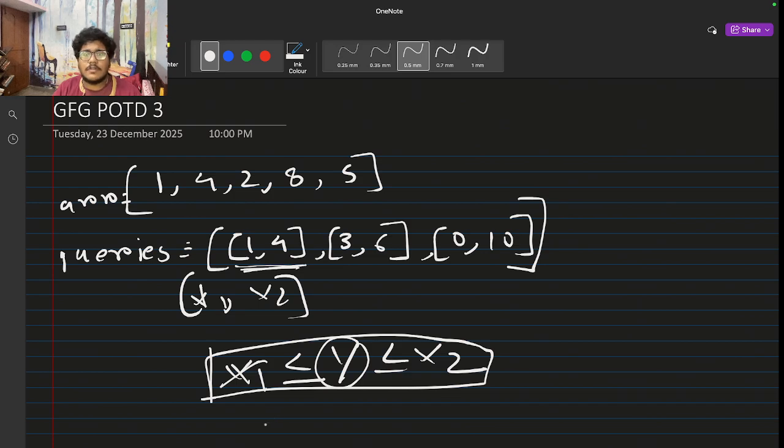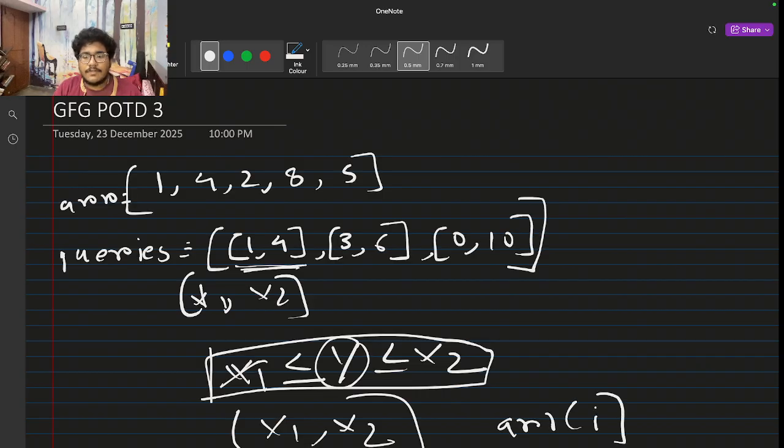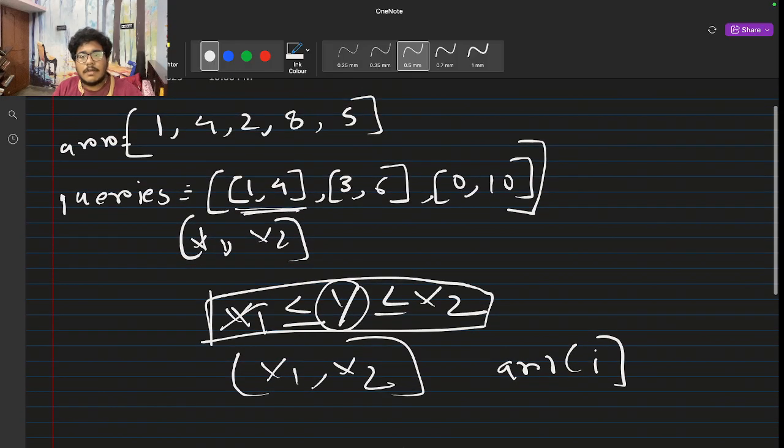A naive way to solve this problem can be directly traversing over the array for each query. That is, for every query x1 comma x2, I will traverse the entire array and check whether any element array of I follows this relation. If it does, then I will count, or else I won't. That is, for an example, if I for this query 3 comma 6, I will start traversing the array. First I will get